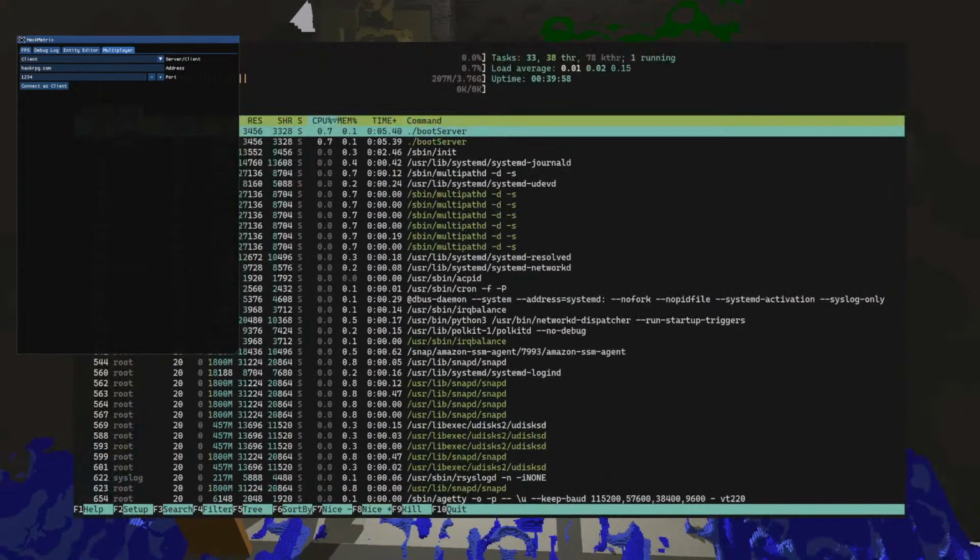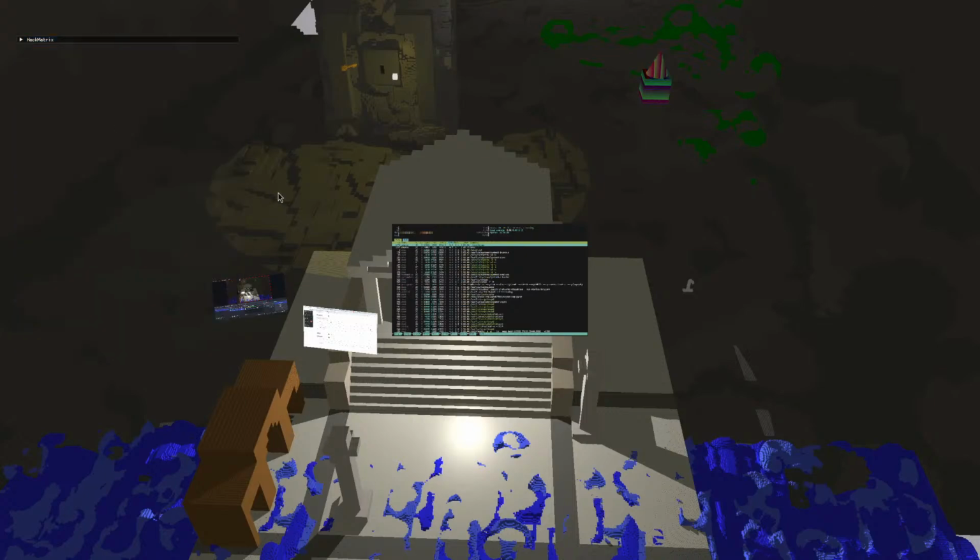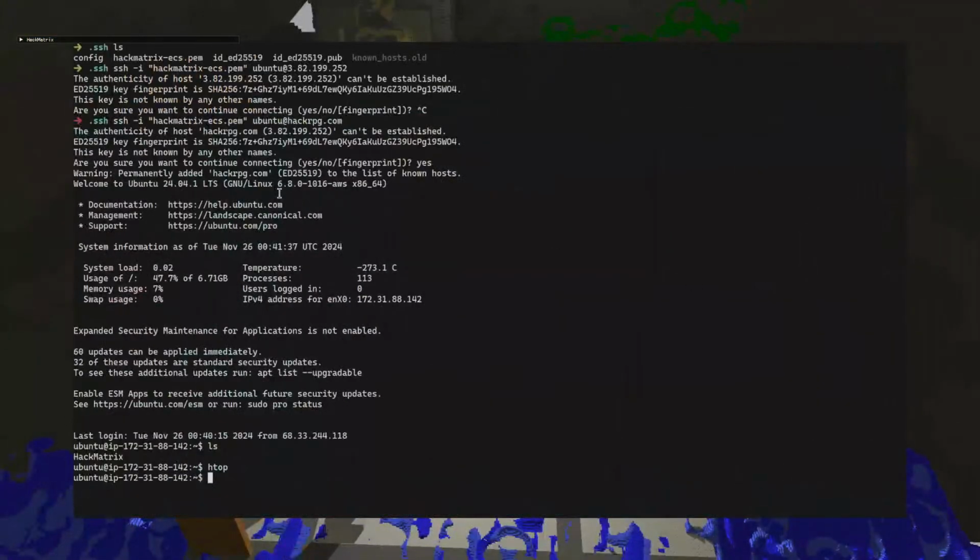So I'm going to close this. Oh, I know why it's not connecting. I think I need to map. I think I need Nginx or something.